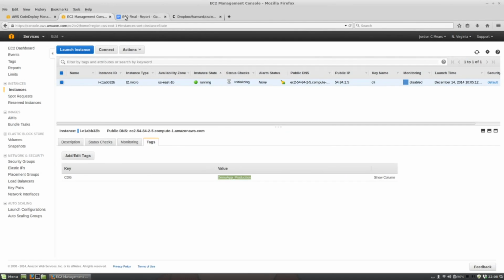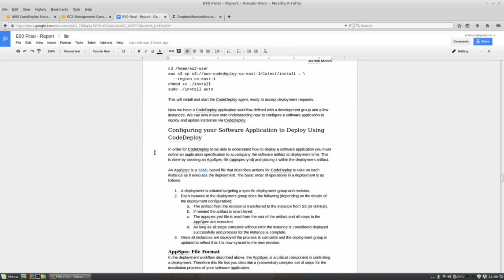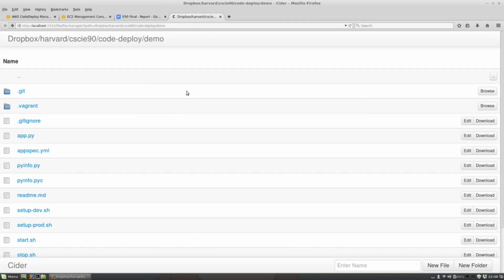But before we do that, I think we need to talk a little bit about how Amazon understands your software in order to do an installation of it. So what I'll do is show you a sample of what's called an application specification. An application specification is a file that you need to include in your artifact, in your code base, that describes to CodeDeploy how to install your software, what scripts to run, what files to copy, all that stuff. I'm not going to get into a lot of detail on the format of this file. It can be a bit complex and convoluted, especially for a complicated application,